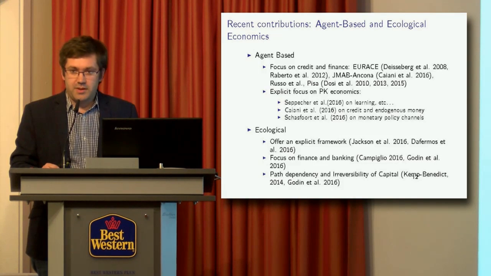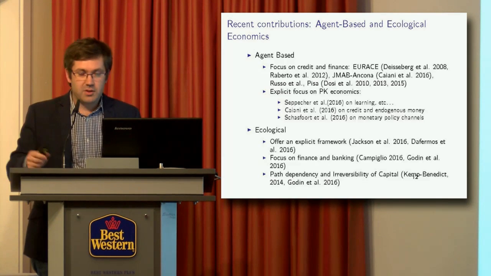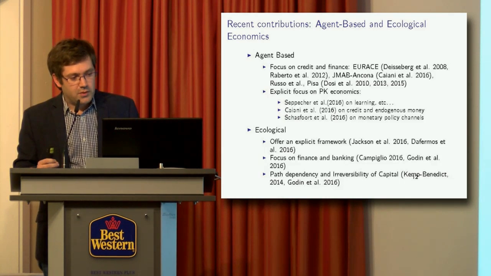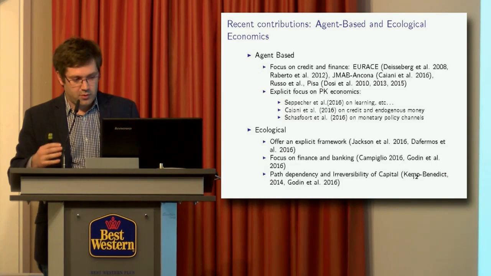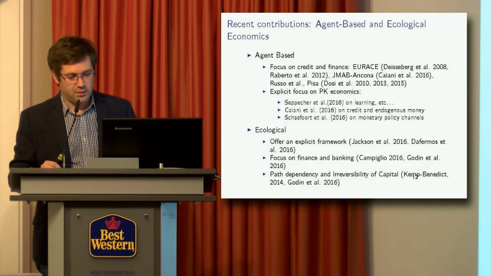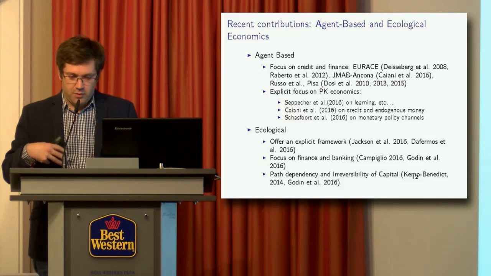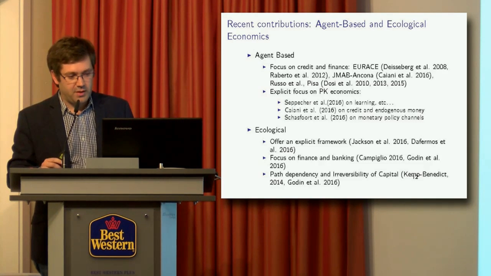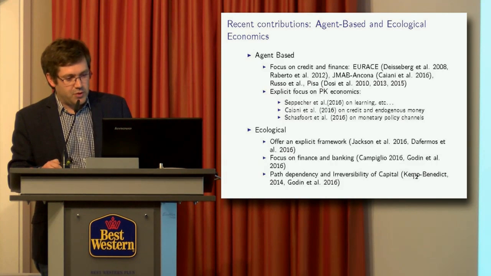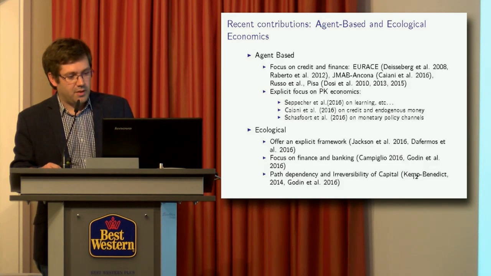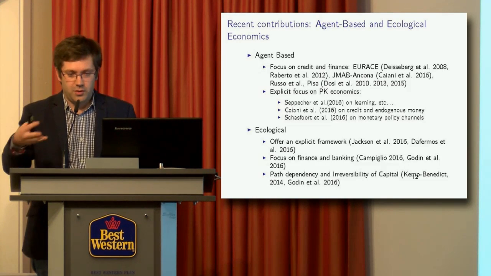The first one is on agent-based modeling. We had yesterday an amazing presentation by Michael Hoss about behavioral economics and agent-based modeling. And I think that the stock flow consistent approach has brought, aside from obviously creating post-Keynesian features and demand-driven dynamics and so on and so forth, a way for agent-based models to go towards a more financialized focus on credit and finance. Interestingly, the EURACE project, which has been running for a few years now, was doing ABSFC models without knowing it. They hadn't discovered Godley and Lavoie's book, and then later on actually started calling them ABSFC